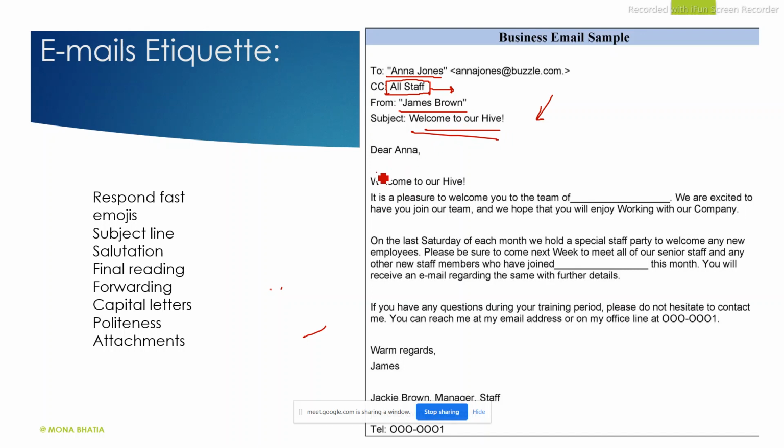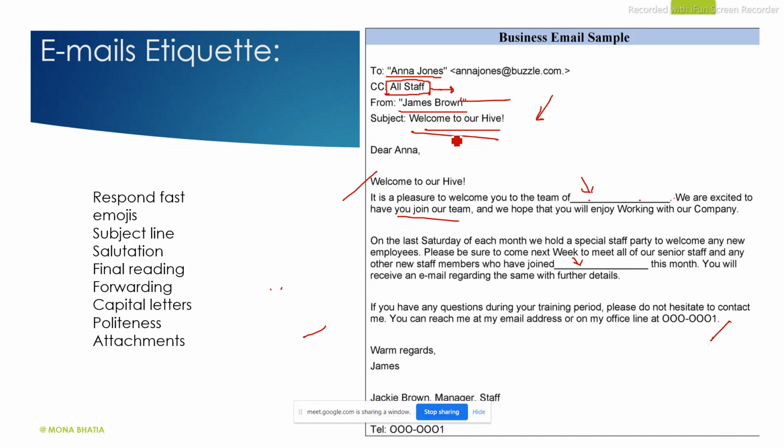Now this is a format. Anybody who joins their organization, they have this format. So what they have to do? Just add details here. Okay, it is a pleasure to welcome you to the team of this. We are excited to have you join our team. So every time they will not be writing this, so they have this ready-made kept in their folders, for welcoming any staff. If some staff is leaving, if some staff is getting a promotion or whatever. So these types of emails, they come handy because you only have to add a few details and then copy to